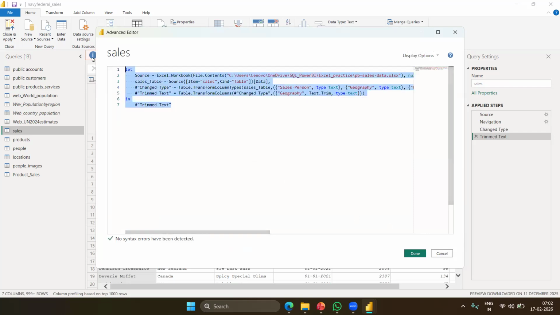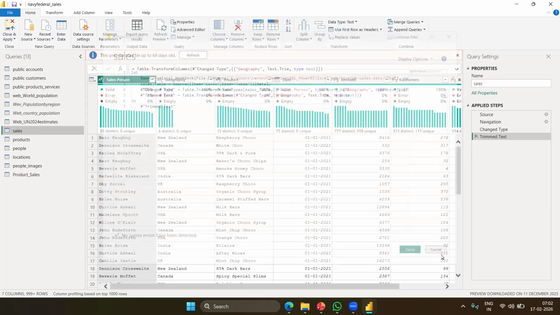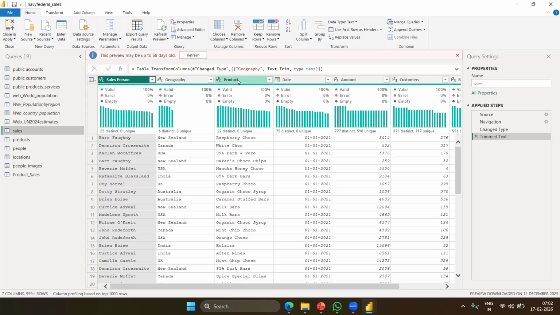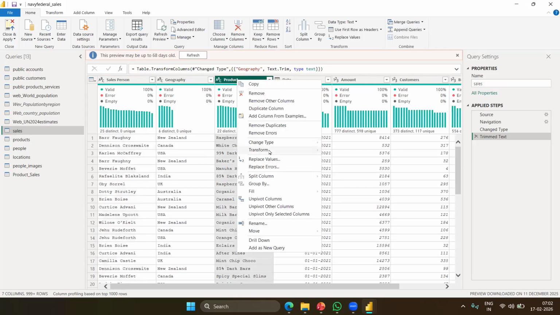This is the mQuery language. To be honest, we didn't write it, Power BI wrote this code. We just did drag and drop. We trimmed the text, we changed the type. Here 1, 2, 3, 4 lines are there. I'm just canceling it.